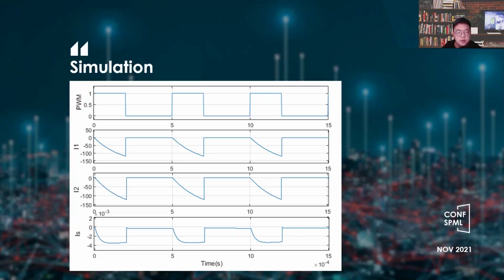The duty cycle is 50%. The I1, which is the module M1 current I1, and module M2, the current